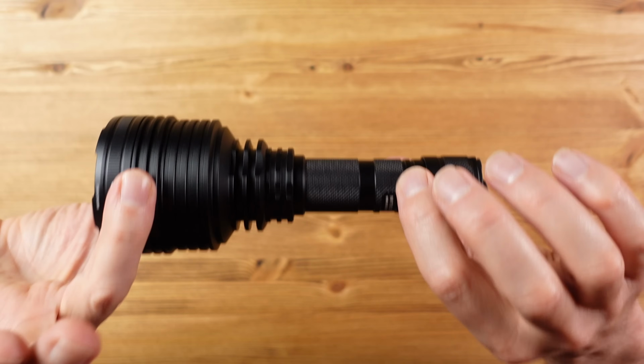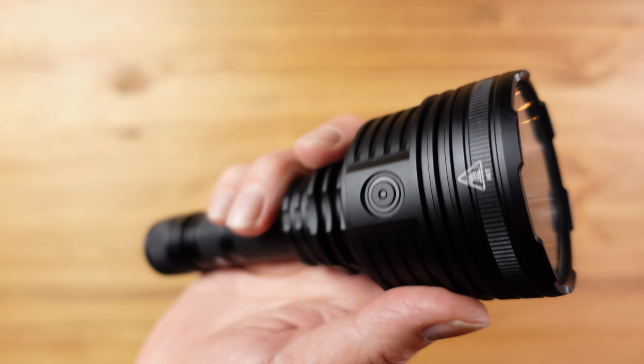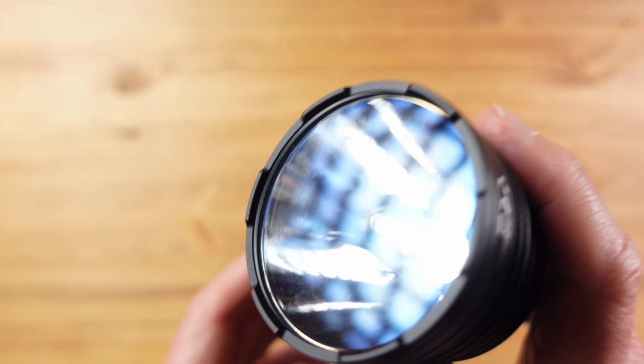The Fenix was 950 meters. And this is backed up by the candela rating of this, which is 250,000 candela, versus the Fenix, which was 226,000 candela. So less power, but more intensity and longer range. And you can see from the numbers that this will have a narrower but more powerful beam, but much less